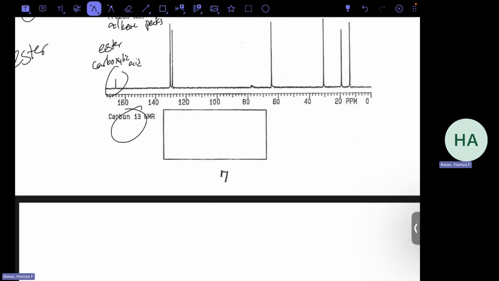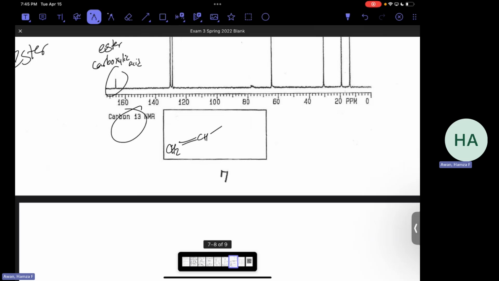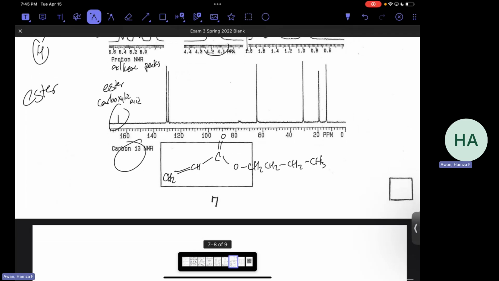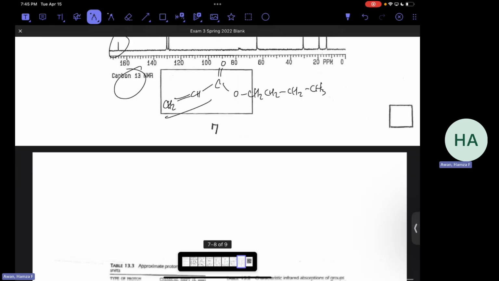So let's draw it out real quick right here. CH2, CH bonded to carbon, O with O, ester, CH2, CH2, CH2, CH3. So we have our 7 carbons, our 2 oxygens. We have our 2 double bonds, so that means all of our hydrogens are fine. And now, one thing we can also do to check is we can check if this is actually a terminal